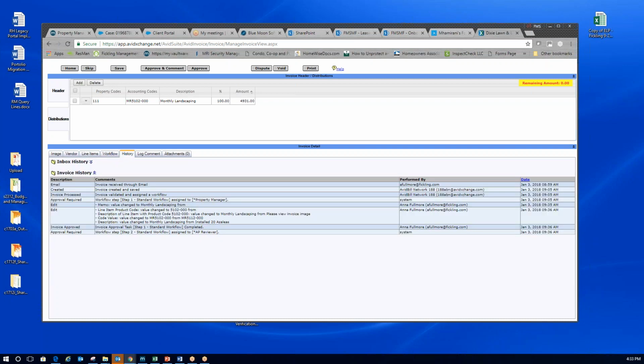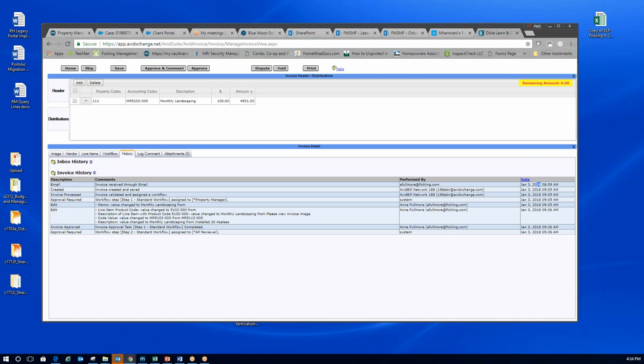Your history tab is just an overview of the steps that this invoice has gone through. If you had a vendor that says, hey, it's been 19 years and that invoice didn't make it, you can actually counter them by going into your history tab, even if it's been approved and submitted by that search function that I showed you earlier. You could go into the history tab, look at it and go, no, we received that